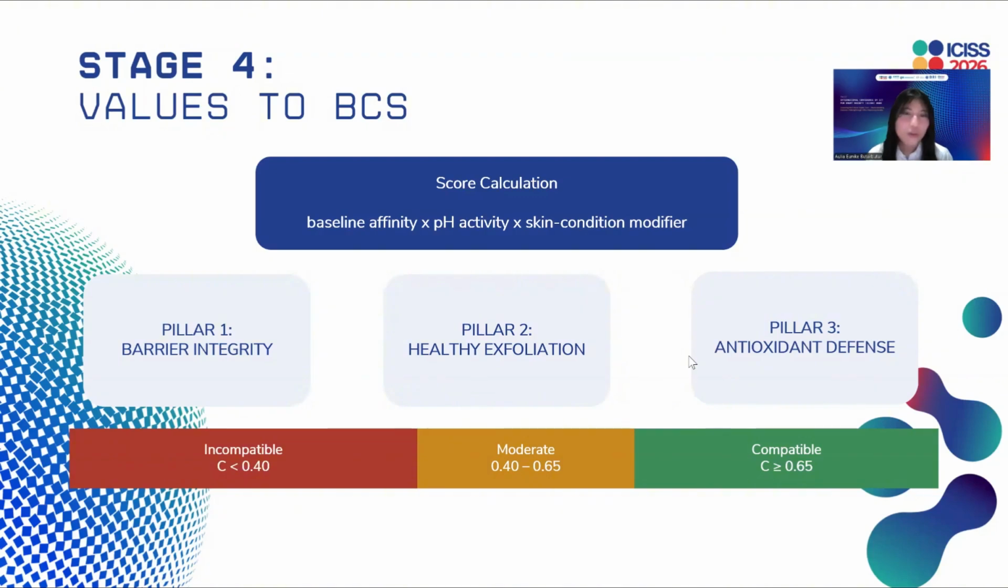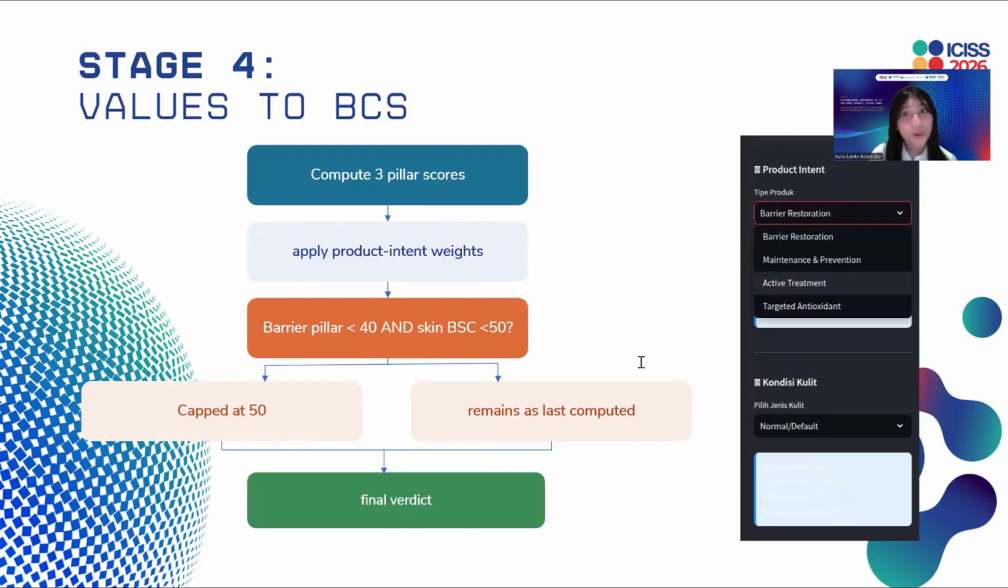A single scoring formula would unfairly penalize an exfoliating toner for lacking barrier repairing ceramides. Or, on the other hand, penalize a barrier cream for lacking exfoliants. So, we calculate an overall score by multiplying each pillar score with their designated intent weights, hence the picture on